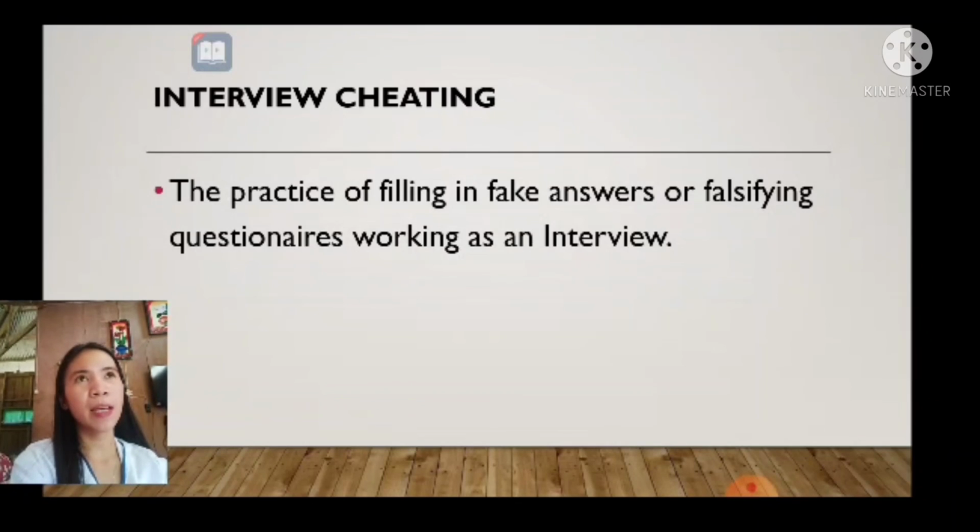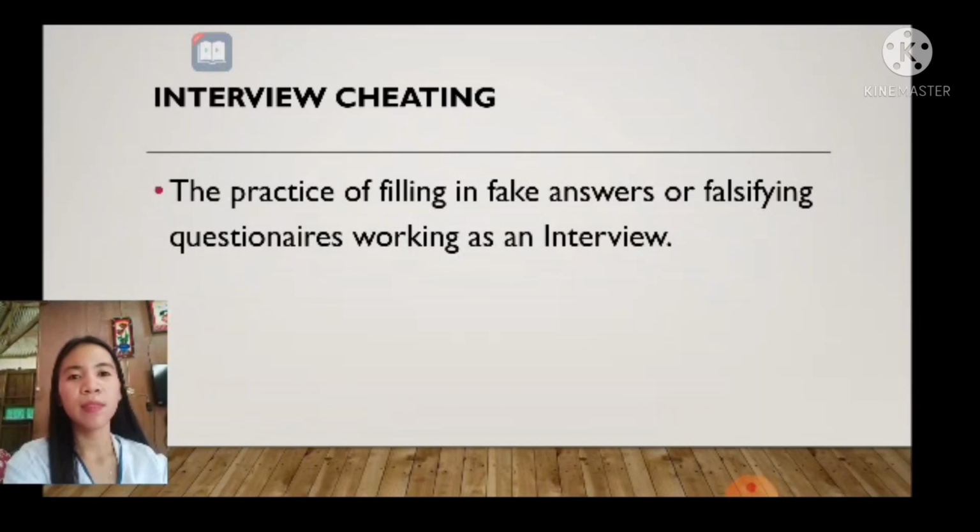Kapag nagbibigayan ng maling sagot, tinatawag yang cheating. Hindi dapat natin yan ginagawa. Dapat kapag tinatanong tayo, sasagot tayo nang maayos, yung totoo, para mapadali ang kanilang research na magawa.